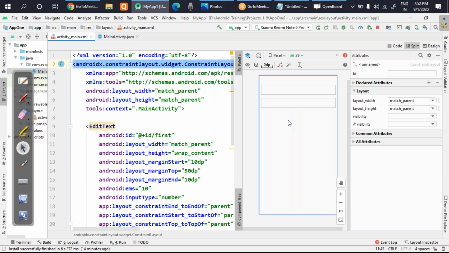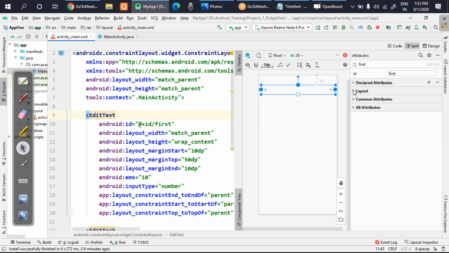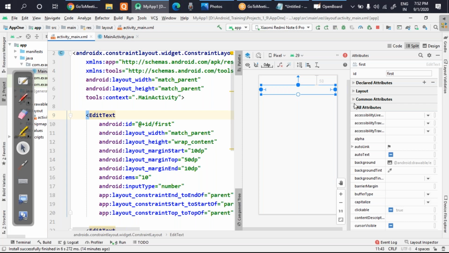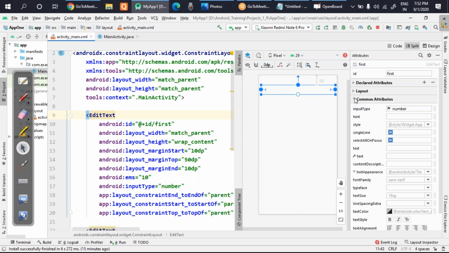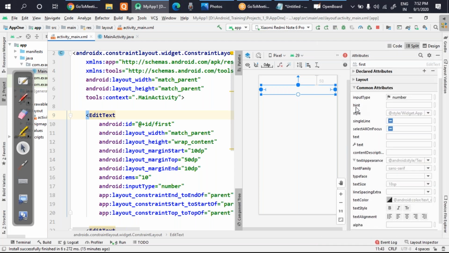So for the time being, we have set two options where I can input the number. And in this, there is one more feature which you can set, and that is called hint. With that it will become more interesting. So that you can search here. I'll just show you. In the all attributes part, or if you go to the common attributes also, that will be present. Let's see. If you look carefully, there is an option called hint here. Can you see?